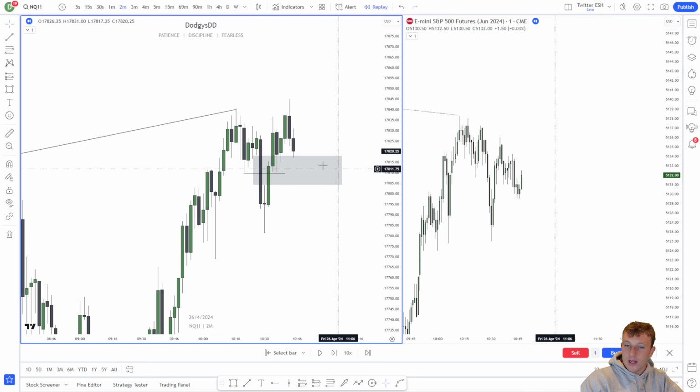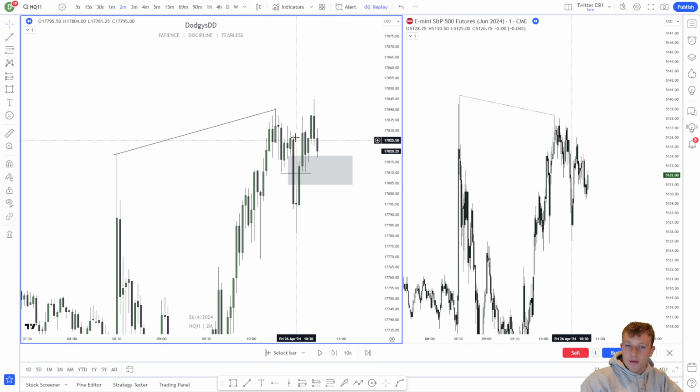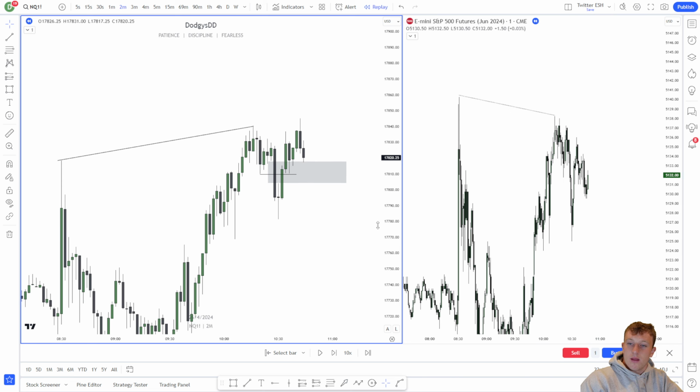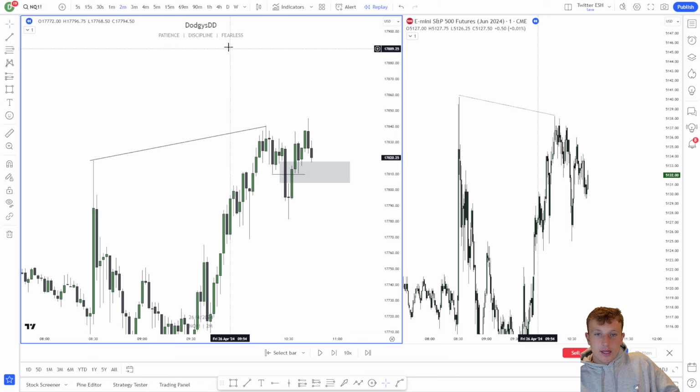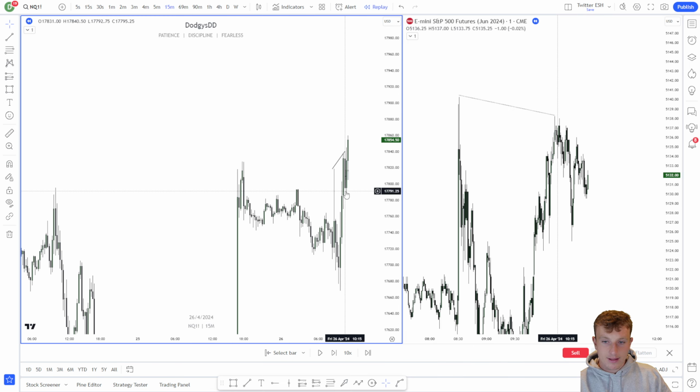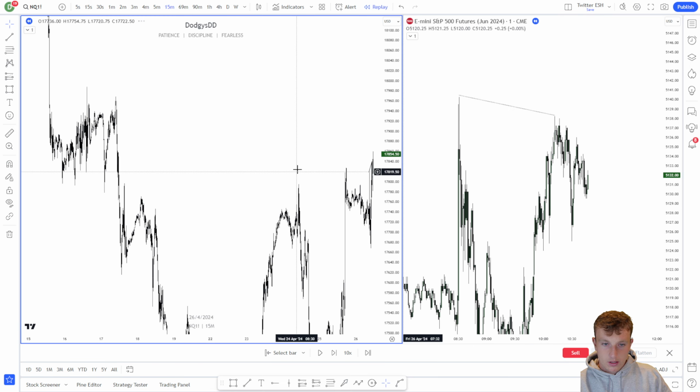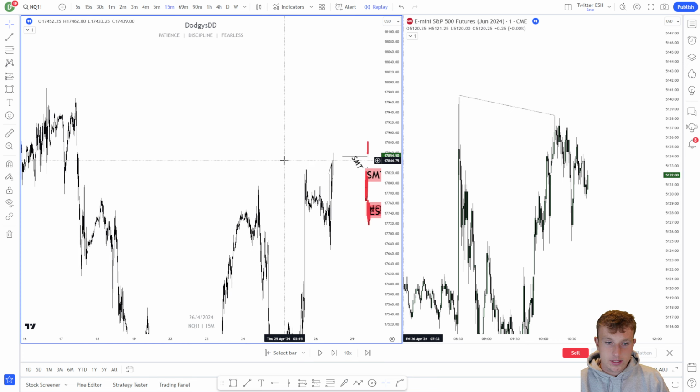So let's say you're new to the market. You see a bearish SMT here. You see NQ took out the high, ES did not, and you see this fail. Most likely that means your bias is probably wrong and you're probably missing some sort of high on the left that we're probably going to go to. And you can see